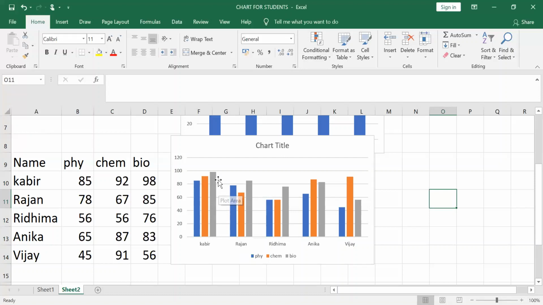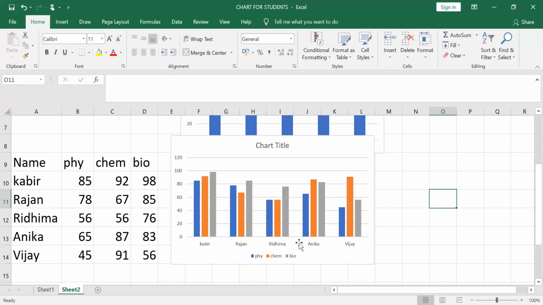Now what you can do after inserting a chart: you can add a title to the chart, you can add a legend and change the legend position, you can change the color of the legend, and you can change the grid. You can also give titles to the x-axis and the y-axis.